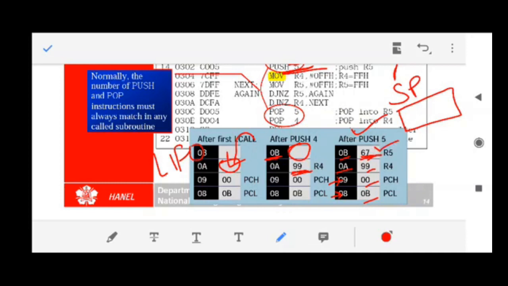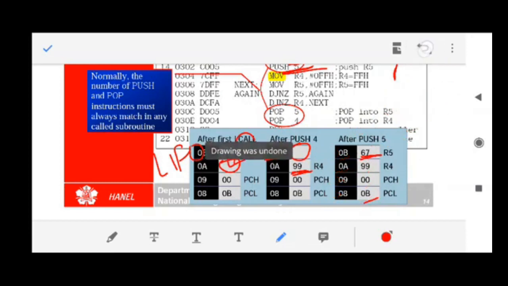First is this one. So what is the last value which is stored in the stack? That is 67. What is its location? Its location is 0b. So this is saved in the stack pointer.